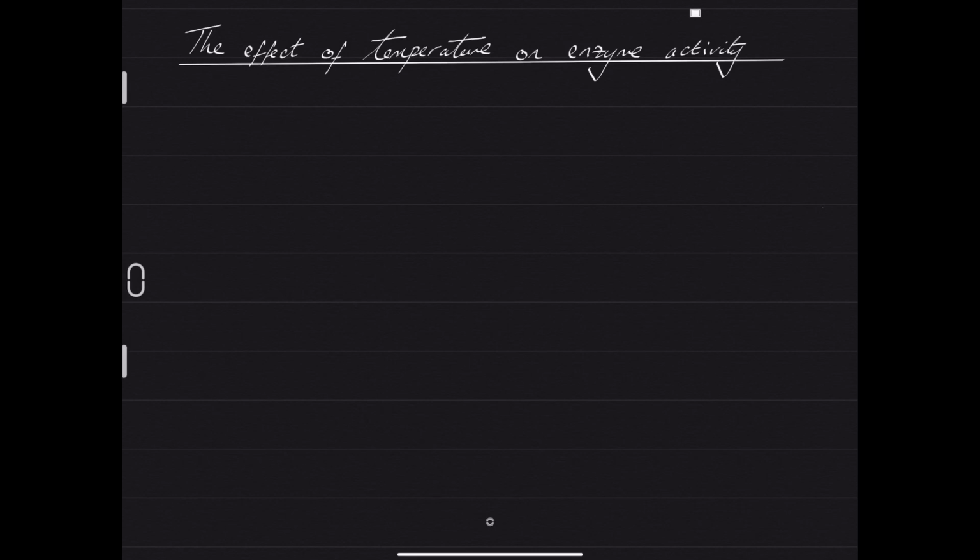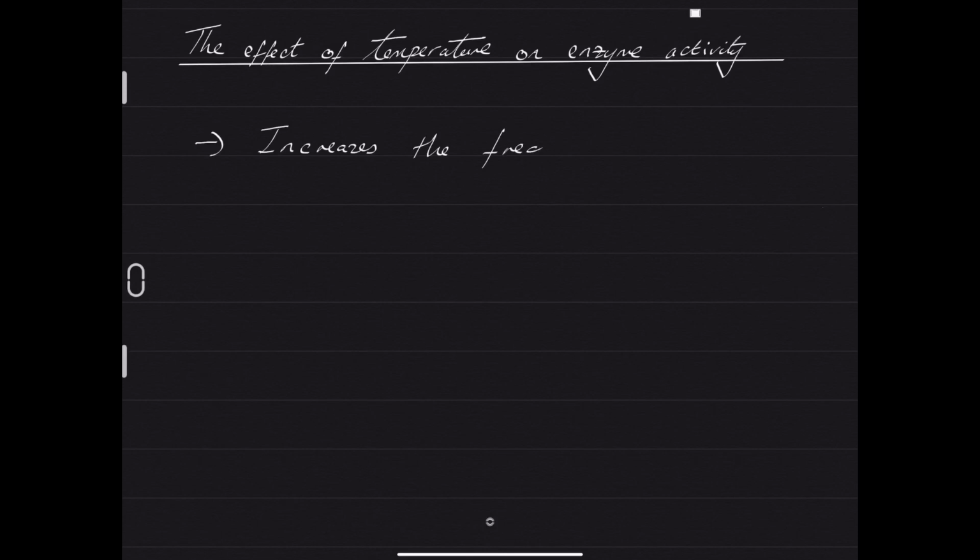Now we're going to look at the effect of temperature. And again, we have to think about the enzyme and the substrate in terms of collisions. So we've already looked at the aspect of the enzyme and the substrate colliding enough times for a rate of reaction to be sufficient for biological systems or metabolic pathways. So the number or the frequency of the collisions is important, and we can increase that by increasing the number of substrate molecules available. Another way in which we can increase the frequency of collisions that take place is by increasing the temperature. So the effect of temperature on enzyme activity, one would be it increases